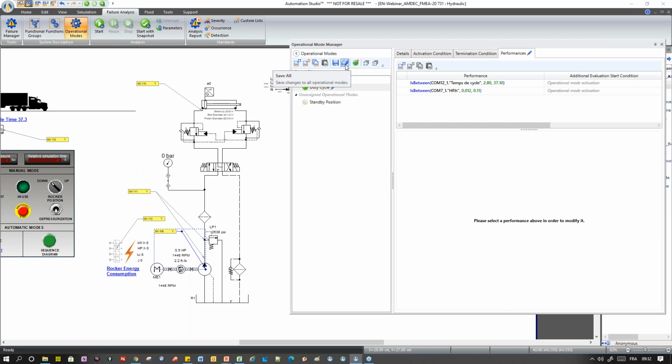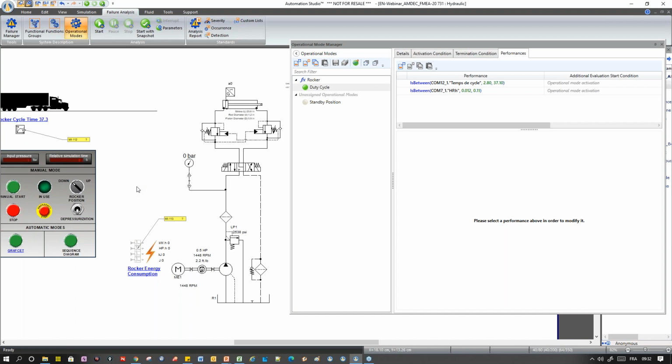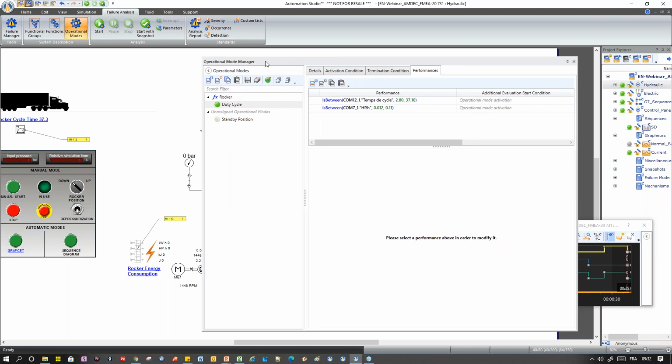So I will save it first. I will delete the dynamic measuring instrument I don't use. I do not have to do this if I use a functional group, but as I told you, we have no time to demonstrate the usage of functional groups, so I will go quickly by using this way. So I have to manage to delete my dynamic measuring instrument. Now, I will keep those two values, and as an example,